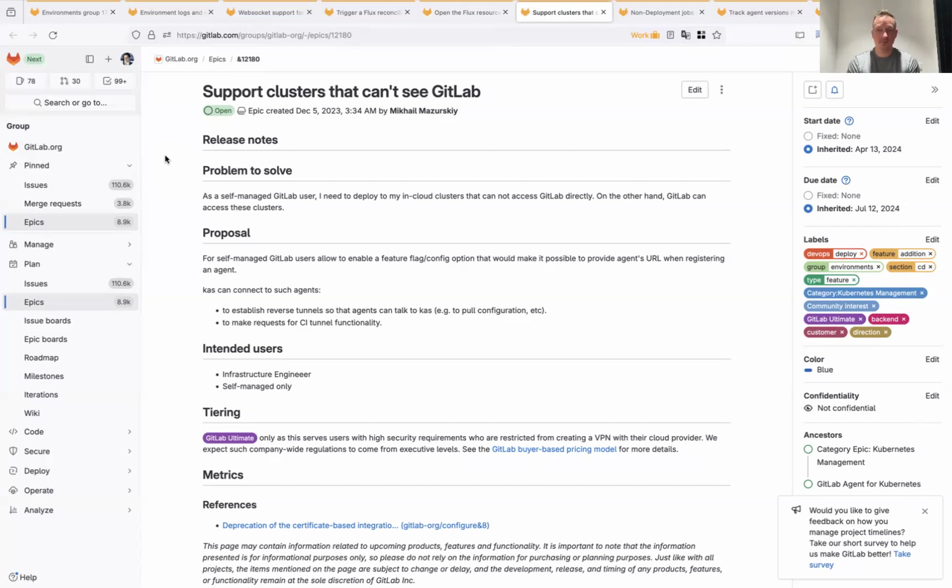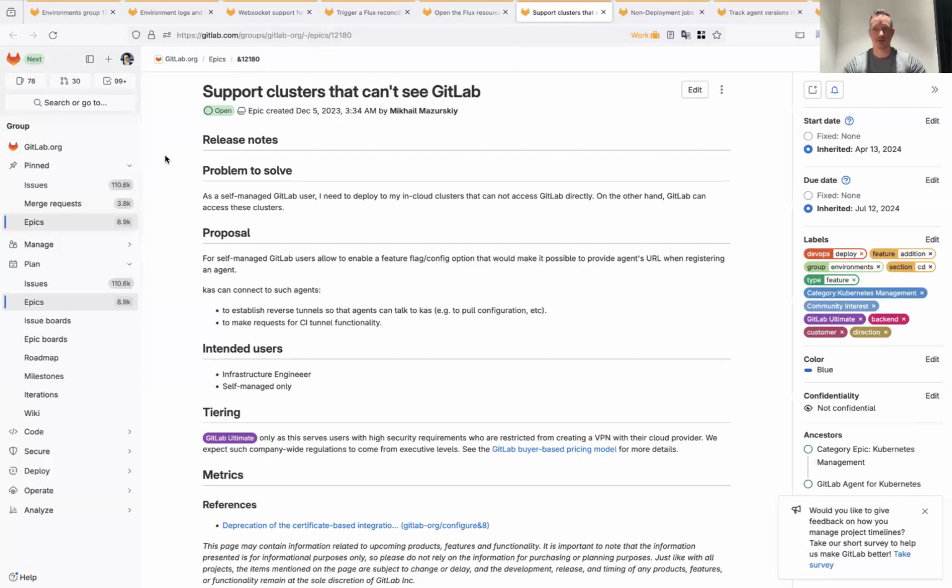This worked well for some of our customers, but was clearly not an option for many other customers, and especially not an option for users of the SaaS services of GitLab. That's why we started to work on the agent for Kubernetes. And while it supports a large number of our users, there are some valuable users who have a setup where